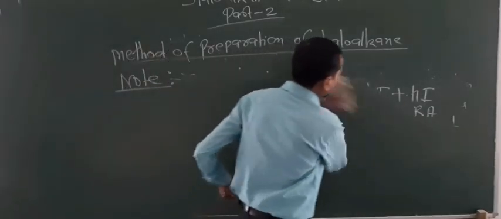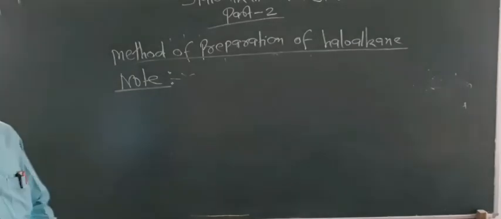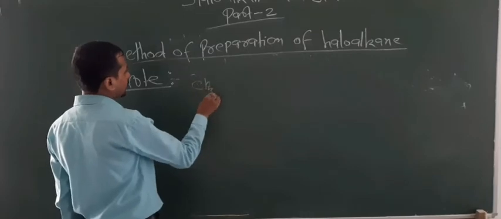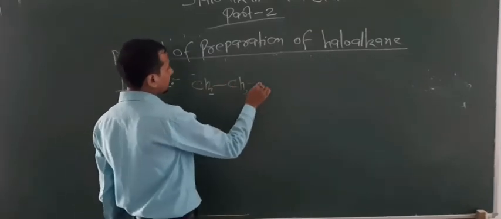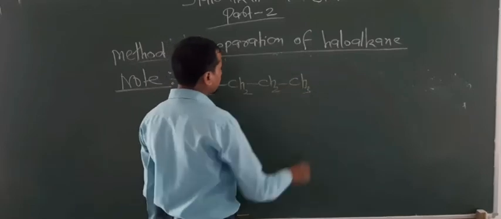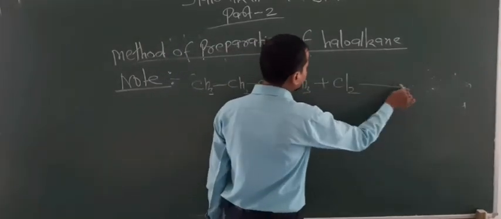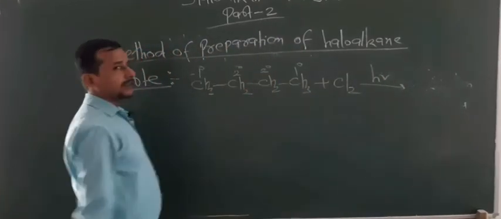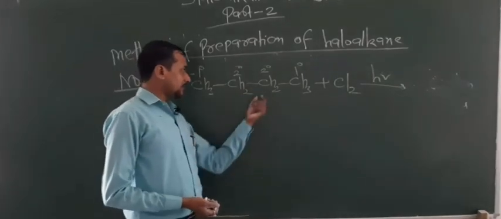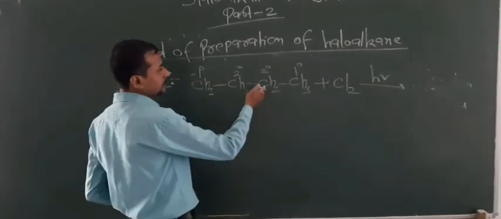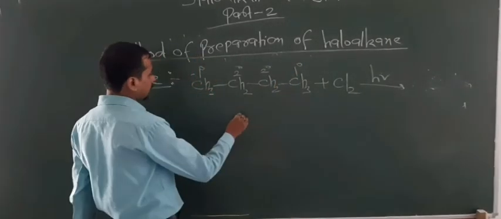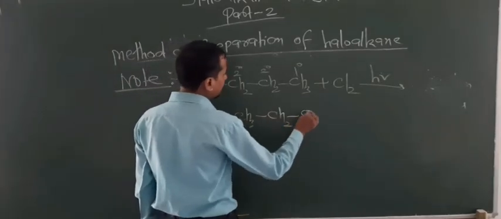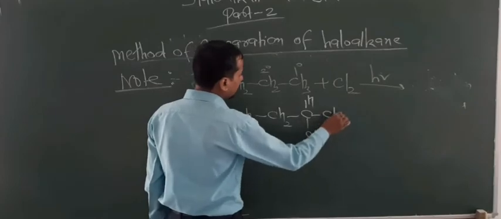In case of chlorination and bromination, look at the conditions. What happens here? In case of chlorination, CH3-CH2-CH2-CH3. Now in case of chlorination, in presence of light, this is 1 degree, 2 degree, 2 degree and 1 degree. This I told you, the reactivity is more for 2 degree. So here the replacement of 2 degree is very easy in comparison to 1 degree. So now it will form a product like this: CH3-CH2-CHCl-CH3.